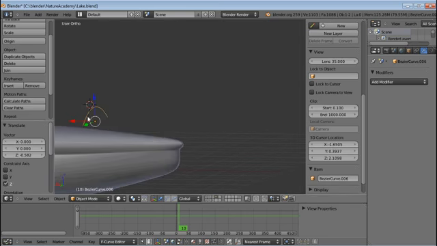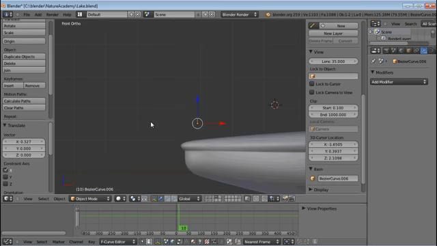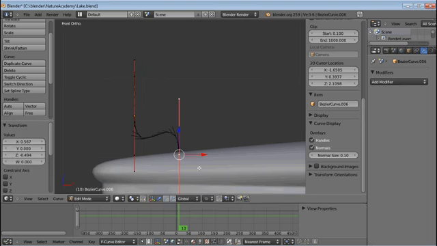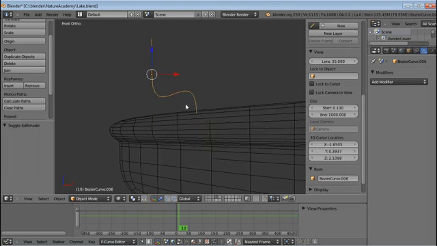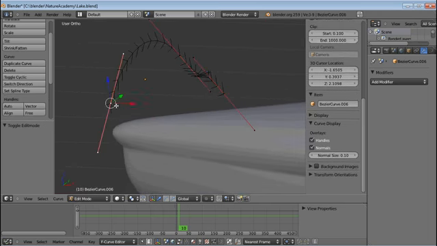Okay, and let's bring this to the front of the ship, about here, and in front view I'll extrude these. Just press E and you have them extruded, and apparently it only works with one at a time,